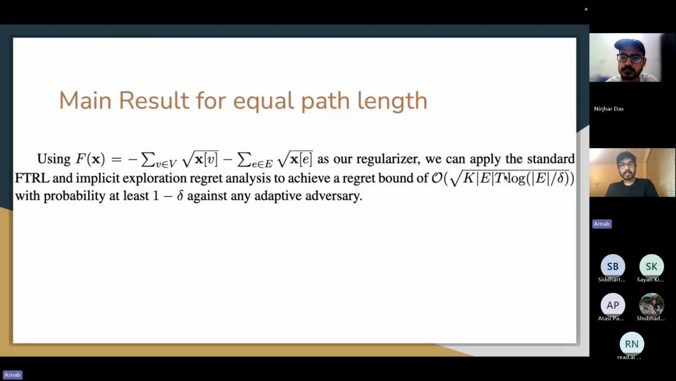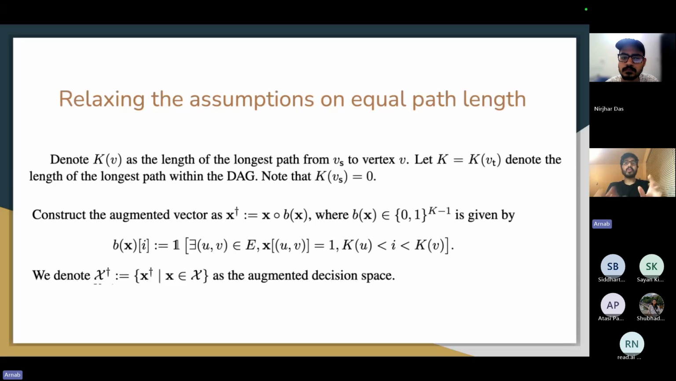So this is the case, and as Siddharth sir was pointing out, if you don't have equal paths, you can balance it out by looking at the length of the paths. Essentially, I augment the vector by appending some bits. If I'm looking at some path x, then the way I append bits to it is that